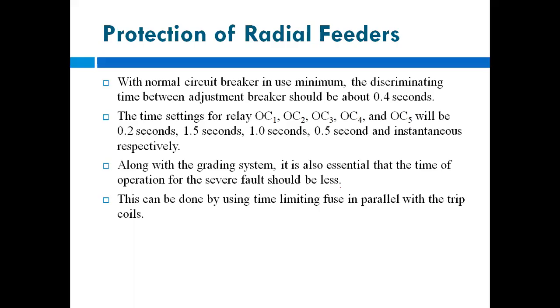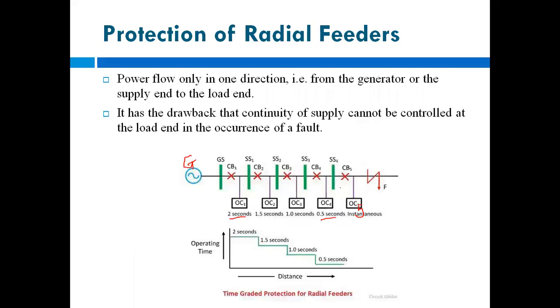As there is a disadvantage of radial feeders, that if any fault occurs in the system we cannot supply it another way by using another line, a ring main system is used. In the next lecture we will see what is meant by the ring main system. Here we have seen the radial system. You can draw this diagram, or in the next lecture I will give you time for drawing it.